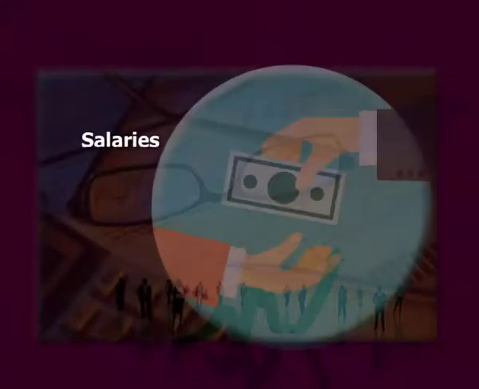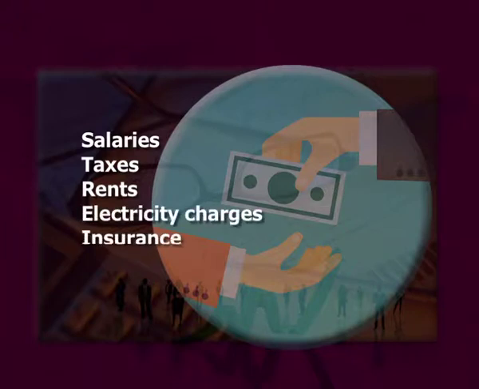Generally, indirect expenses relating to administration and selling and distribution of the firm that are not directly related to production are debited to the profit and loss account. Indirect expenses generally include administrative expenses. These are expenses incurred for administration, that is, an office or business expense, for example, salaries, taxes, rents, electricity charges, insurance,